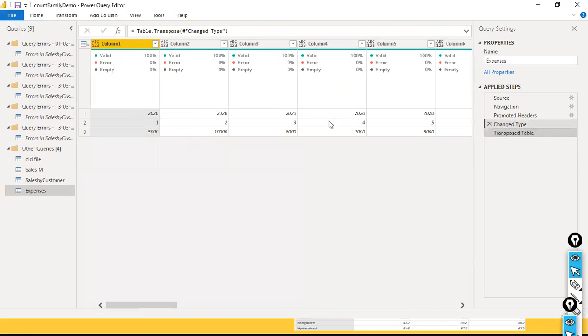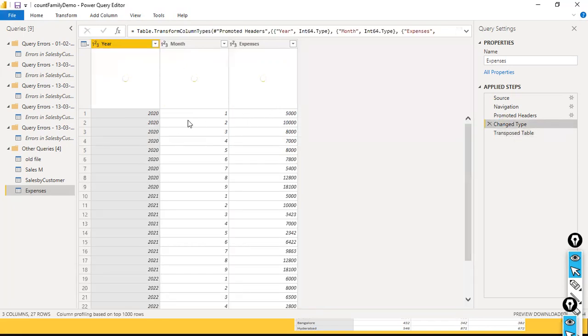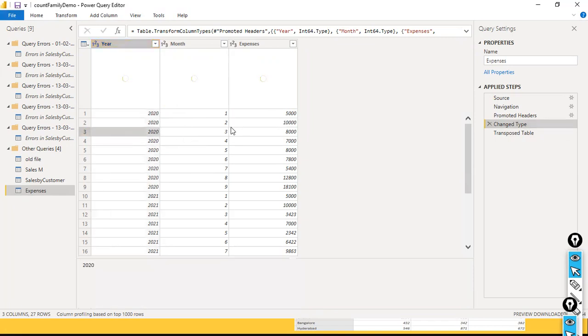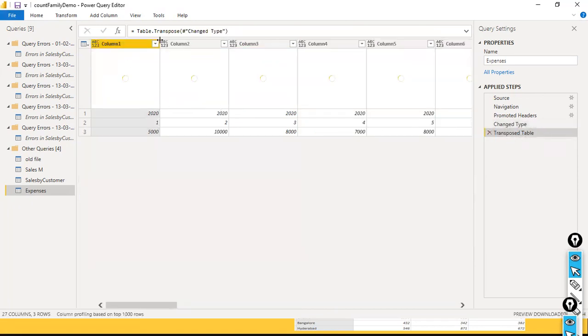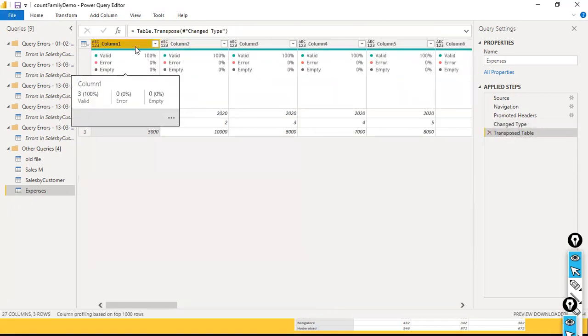5000, 2020, and this one got rotated. So just beneath this, 2021 came here and 5000 came here. Similarly, 2020 just beneath this, 2 and 1000. Each row got converted as a column. Okay, this one was supposed to become a column header, but here instead it is considering this as column one,